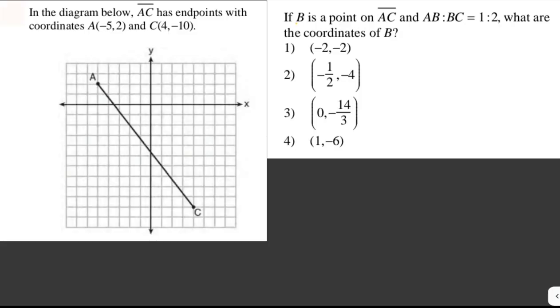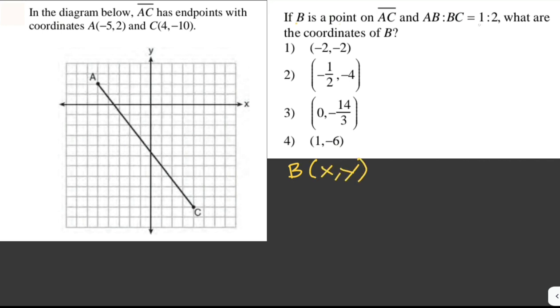In the diagram below, segment AC has endpoints with coordinates A(-5, 2) and C(4, -10). If B is a point on AC and AB to BC is equal to 1:2, what are the coordinates of B? So in this problem here, we're given a point B on segment AC, and the ratio between segment AB and BC is 1:2. Now to solve for the coordinates of B,